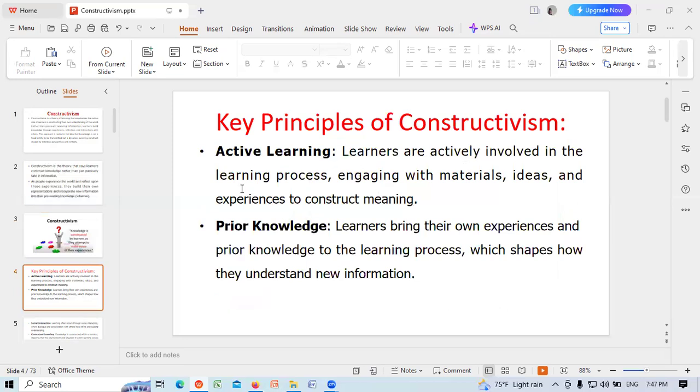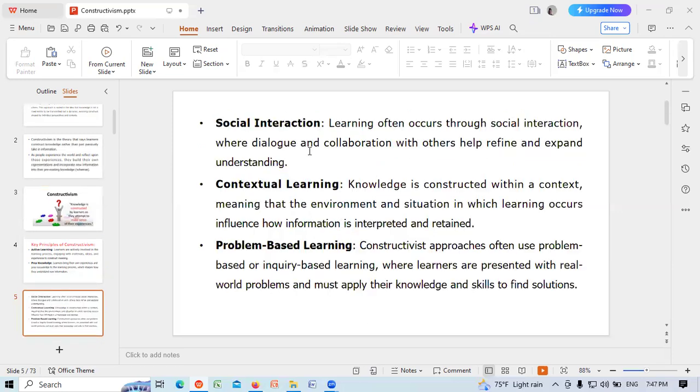A key principle of constructivism is active learning. Learners are actively involved in the learning process, engaging with materials, ideas, and experience to construct meaning. Prior knowledge: learners bring their own experience and prior knowledge to the learning process, which shapes how they understand new information. Social interaction: learning often occurs through social interaction, where dialogue and collaboration with others help define and